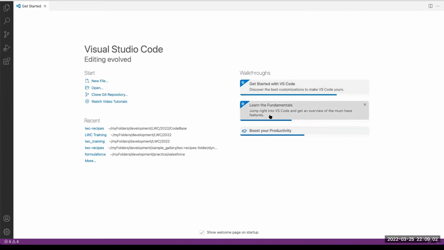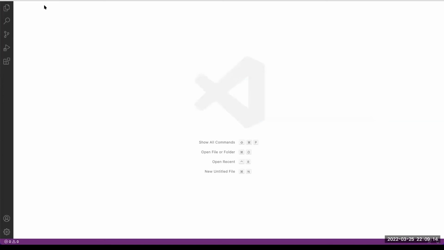There are some walkthroughs, okay, on how to get started with Visual Studio Code. If no one is teaching you how to get started with VS Code, just go here and you'll find some really nice video tutorials which you can follow. Okay, for now, let me close it. Let's get acquainted with this environment first. On the left side, you can see something called the activity bar. Okay, this is the activity bar, and this is your actual working code environment, where you're going to write your programs and all. And there is also a menu at the top level from where you can launch